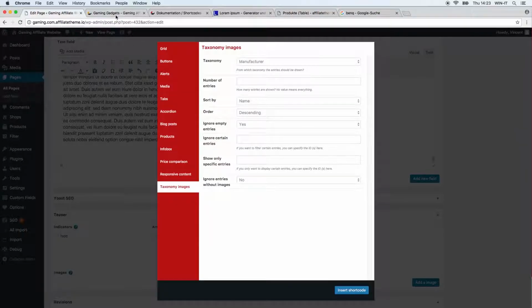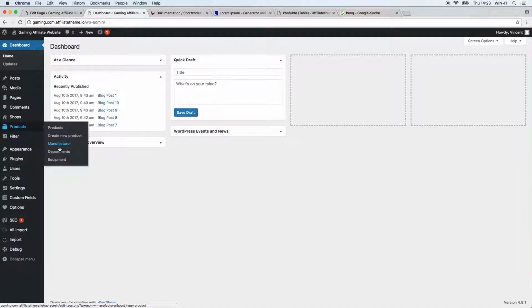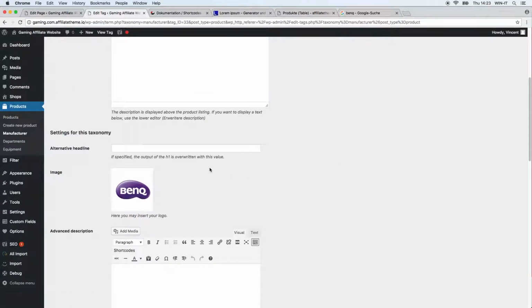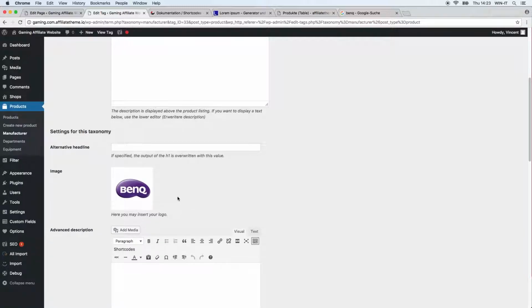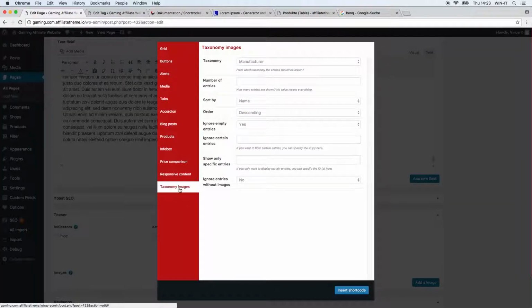So just to make this a bit more concrete, we go to our taxonomy section, and we're going to deal with the taxonomy manufacturer now. So you have this long list of manufacturers here, and for some manufacturers I defined a logo. So for example, for BenQ I defined this logo right here. And now imagine you want to display an overview of all the manufacturers of a specific category of products. BenQ is part of this summary, and for this we have this Taxonomy Images